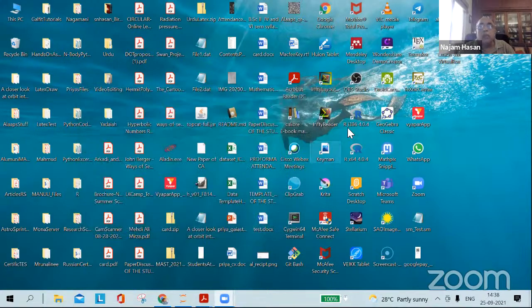Similarly, I have one here, Cygwin. Can you see it? Just type cyg. Yeah. So see, this Cygwin, if I run,